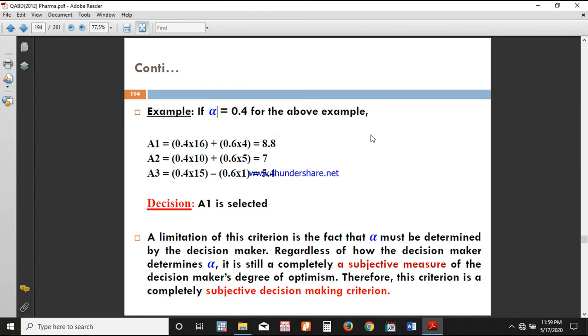Therefore, clearly 1 minus alpha, that is 1 minus 0.4, will become 0.6. Therefore, you can multiply this 0.6 with the smallest value from each row. In the first row, the smallest value is 4. In the second row, the smallest value is 5. In the third row, the smallest value is 1. Therefore, you can multiply the highest with the alpha value, and the lowest with the 1 minus alpha